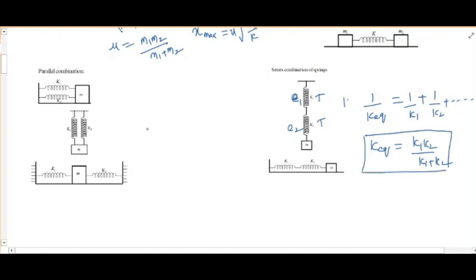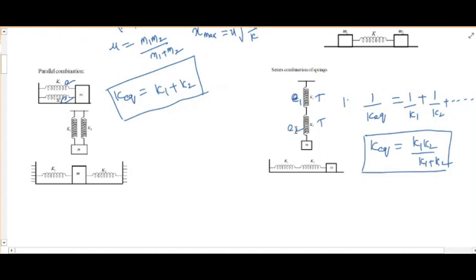These two are in series combination. Here k1 and k2, these two are connected like this, or like this, or like this. In these three cases the springs are connected in parallel. In parallel combination, elongation is the same. Here also elongation e, but tension is different. In this case, k equivalent is equal to k1 plus k2. Therefore, when springs are connected in parallel, the resultant spring constant or k equivalent is equal to k1 plus k2.